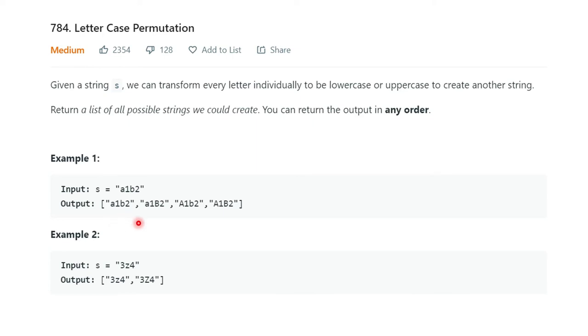And this we have to return as output. Second is 3Z4. Here only one character is a letter, so one time we can use the lowercase, one time we can use the uppercase, and then we can form this many combinations. So that we have to show as output. Now how to solve this problem, that we will see next.